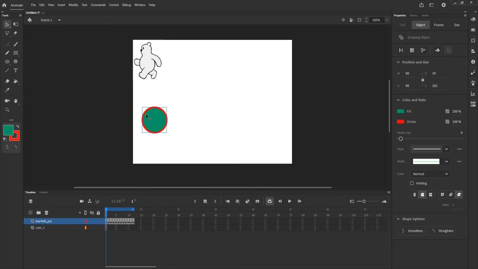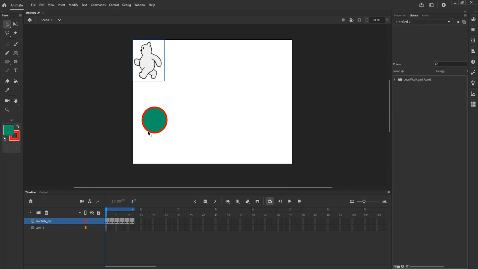So what happens when you work in Photoshop, say for example, and you bring in something? Well, as you probably saw, this is created as an object and it comes into the library. However, whenever I draw an object that is vector-based in Animate CC, it doesn't show in the library unless I make it what we call a symbol, and we'll talk about that in our next lecture. But if I bring in something vector-based from Illustrator, it will also not be shown in the library because it comes in native as an object inside